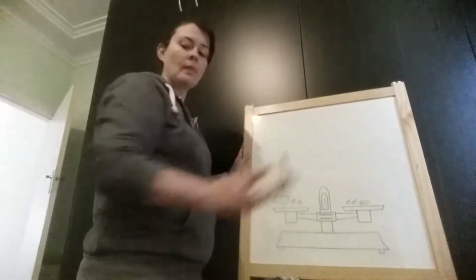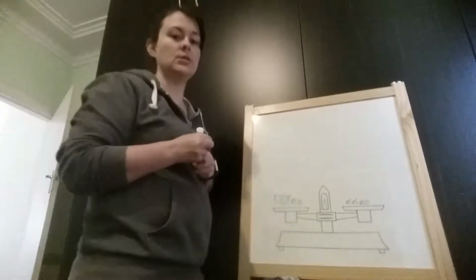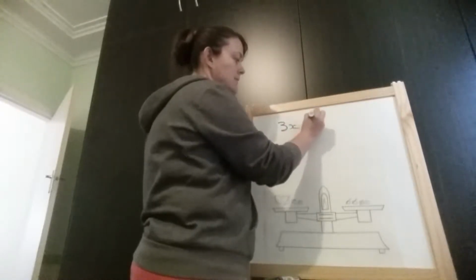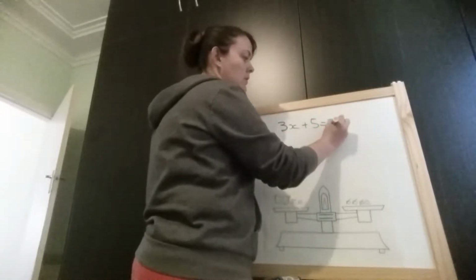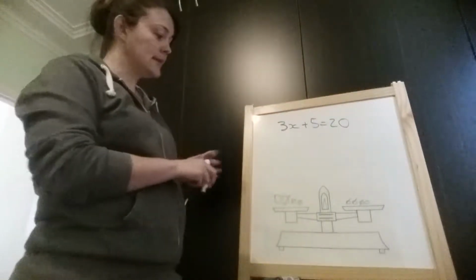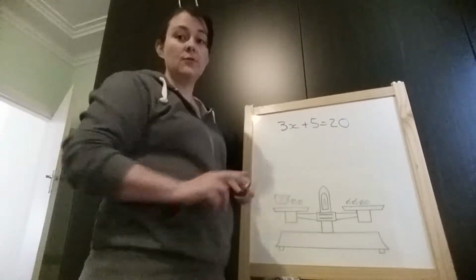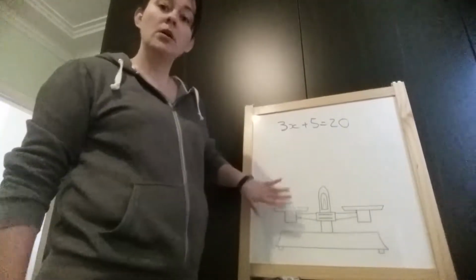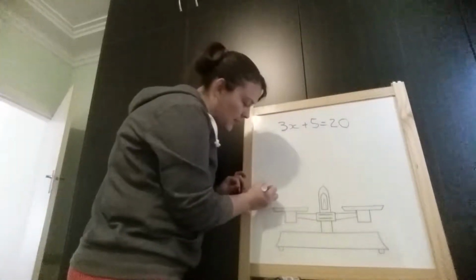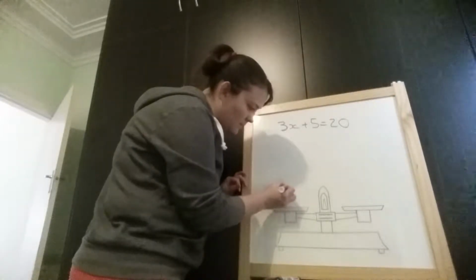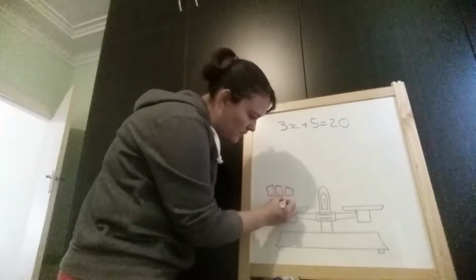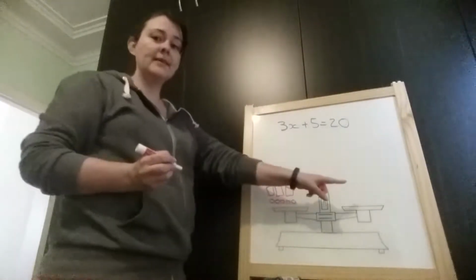So let's consider the question 3x plus 5 equals 20. So what we could do is come back down to our scales, and if you just give me a second. So if we come down to our scales down here, what we have is 3 squares and we have 5 circles. On the other side of our equation,